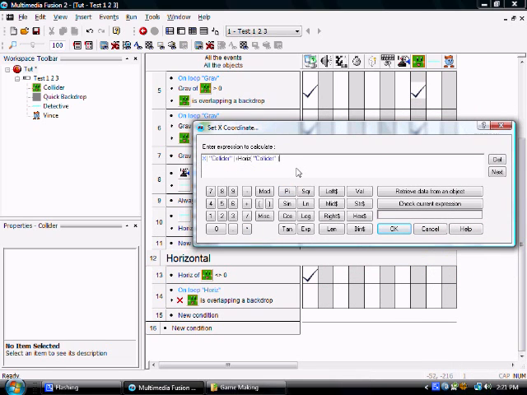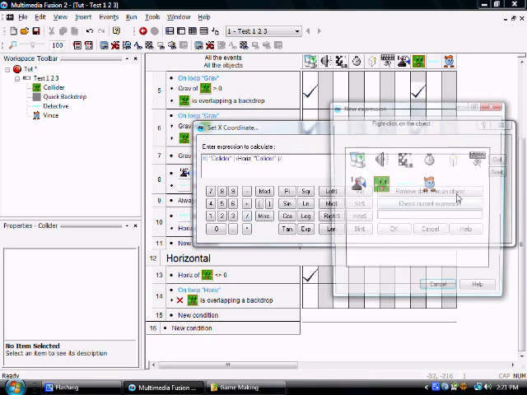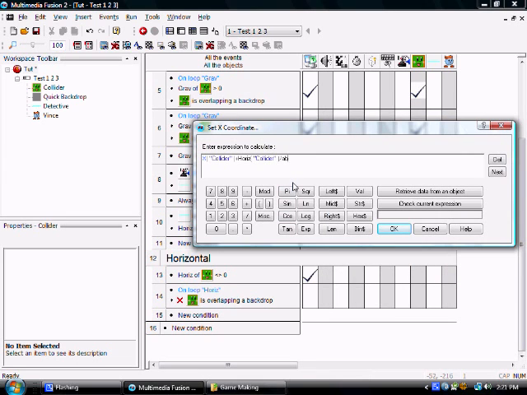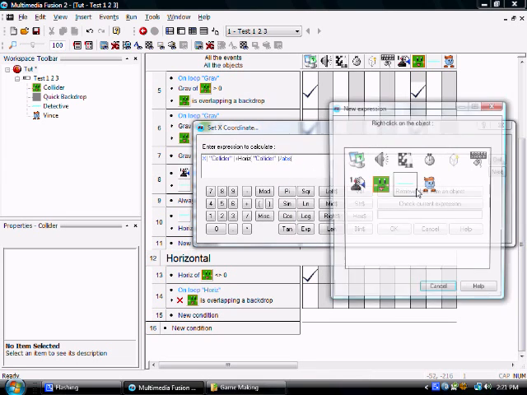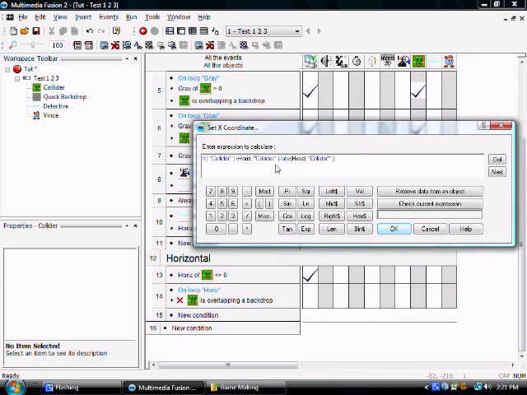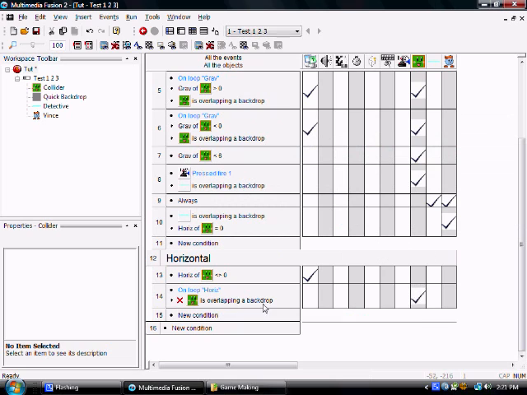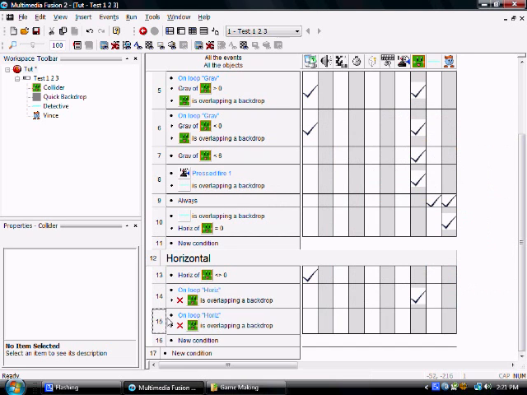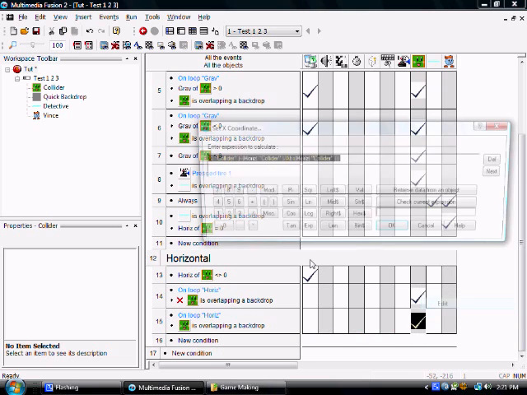Plus horizontal. Alright, I might actually have to go and look at a reference of this. Divided by, then we're going to put absolute value of horizontal. And we're going to put all of this in parentheses. I hope that works. Alright, so, and when it is overlapping an object, it's going to do all this, but